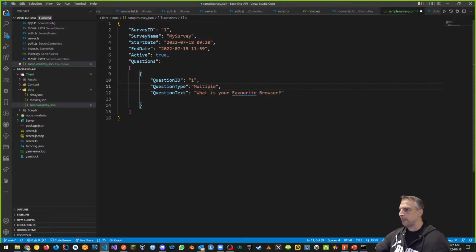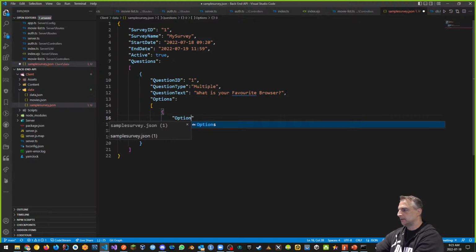Okay. I'm just saying here, let's think about this for a second. So here's your question text. And then if it's multiple, then options would be another thing. So you have an array of options. So options, right? So this is how it could look. And then inside the options, you have your option ID,